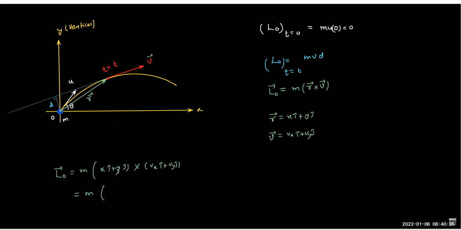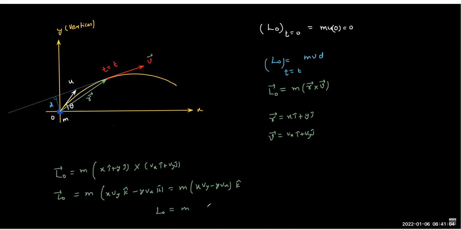So i cross i will be 0, and i cross j will be k. So we have x vy k cap, and j cross i will be minus k cap. So in essence the answer is (x vy minus y vx) into k. And now we have the answer ready with us. So L naught as a numerical value